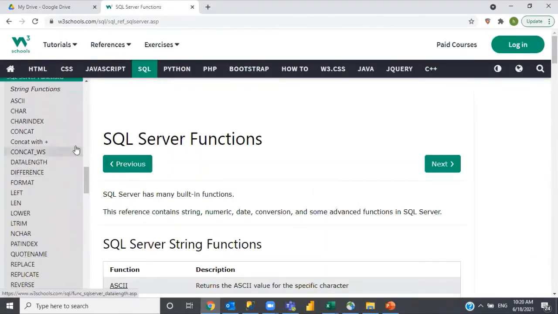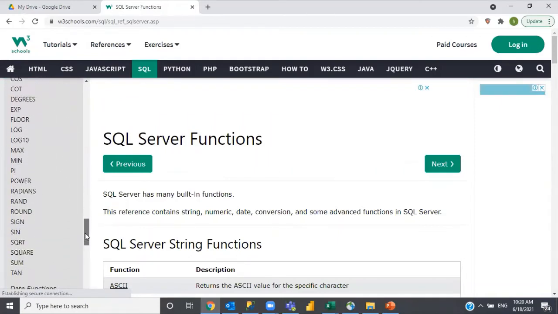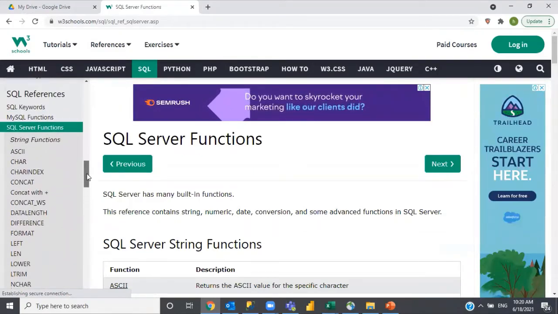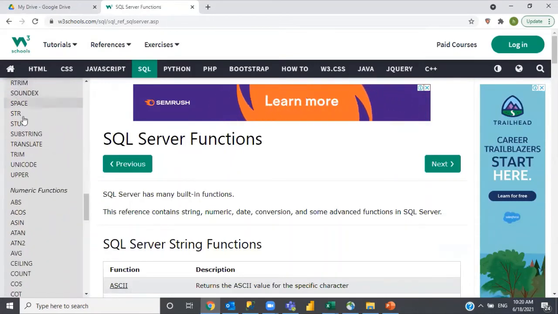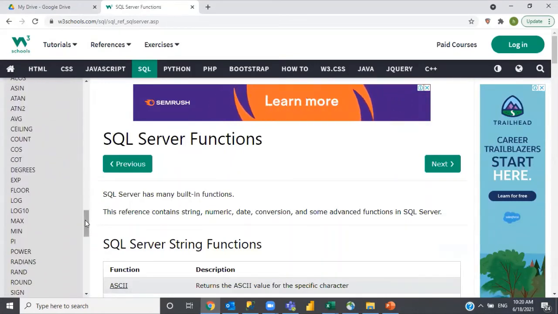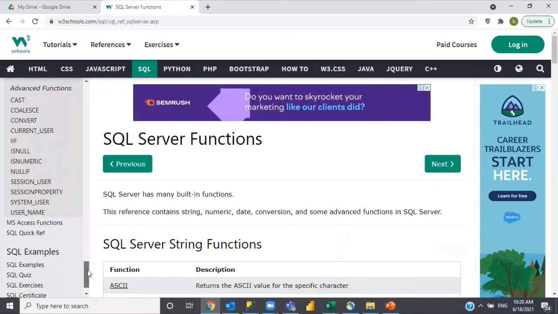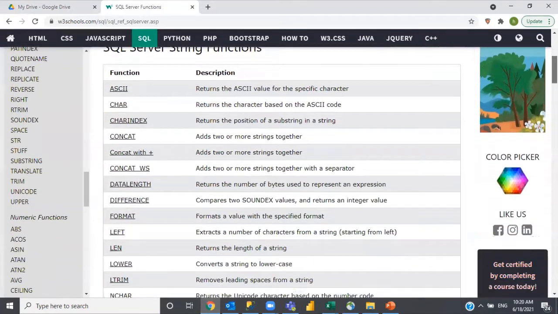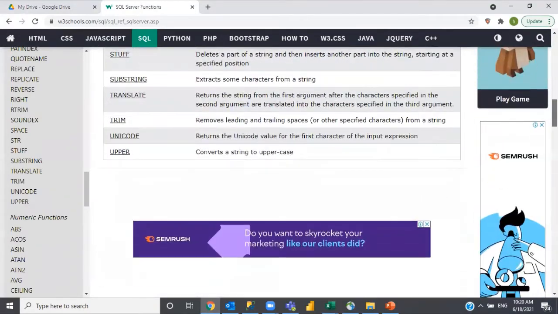So here is the list of all the various different functions. I'm not touching most of these functions, just giving very high level functions here. So I suggest you go back to this particular site, read all the functions and how they work, and try to practice with examples. If you navigate here, they have the list of various functions category-wise.